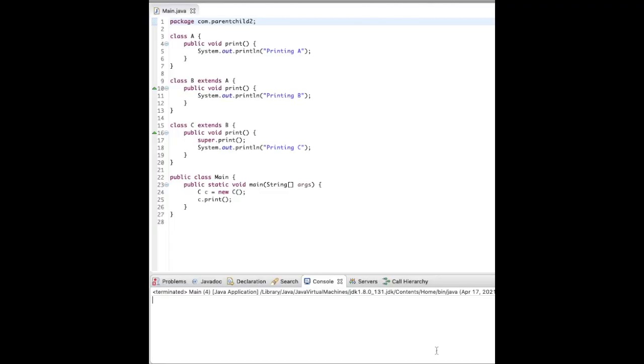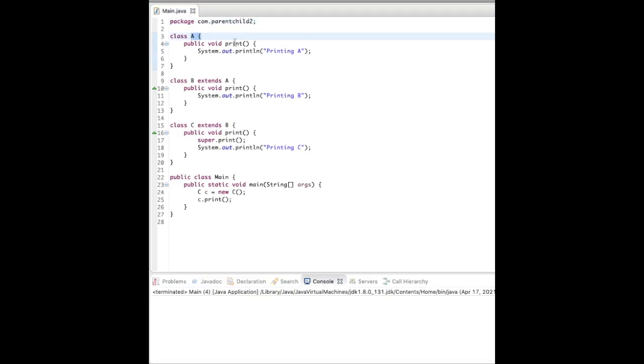Here comes the next question. The next example which we have on screen is a pretty simple example. It's not too complex, but I have considered it because sometimes it can be tricky if you are not clear with the basics and if you get confused with too many classes like A, B, C. Okay, so let's see what's happening here.